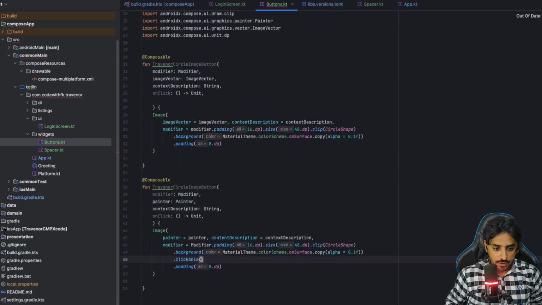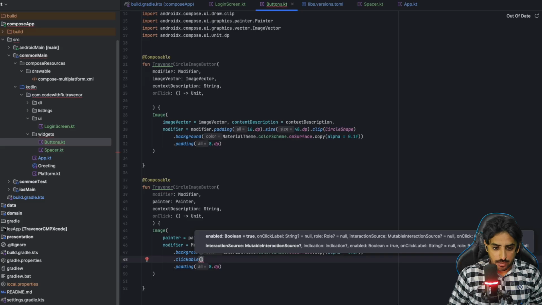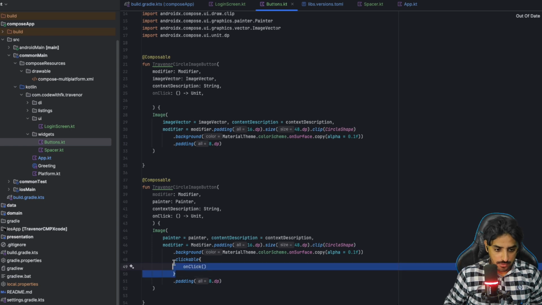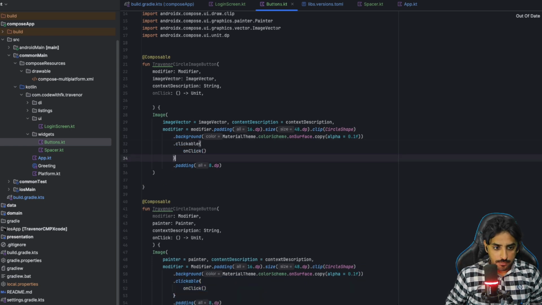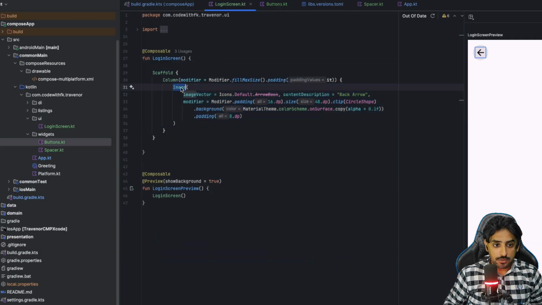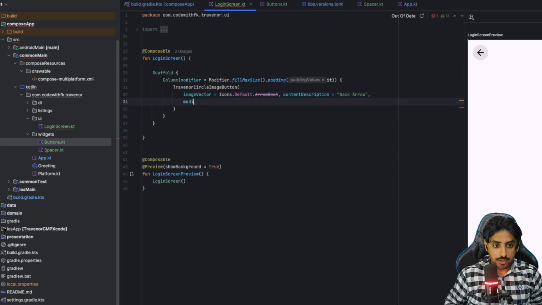Okay, and then automatically you can say something like this, and we'll be calling it like this. Same for here. Now once you do that, the circular image button is there. We are using that, so I'm gonna use this over here instead of that, and it uses this. Content description is there. The modifier is not needed anymore, so we can just get rid of that. But there is just one thing,